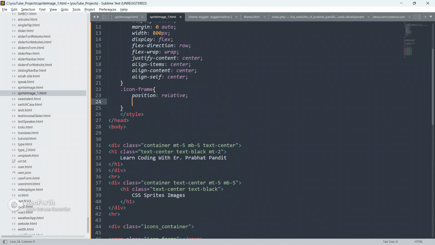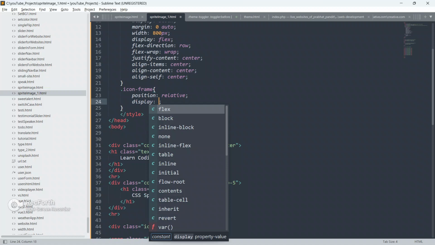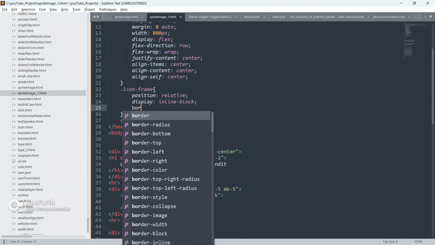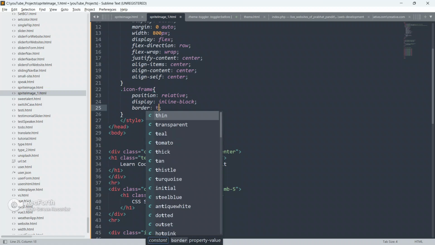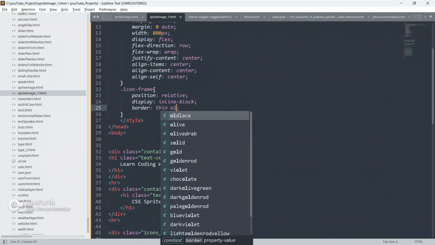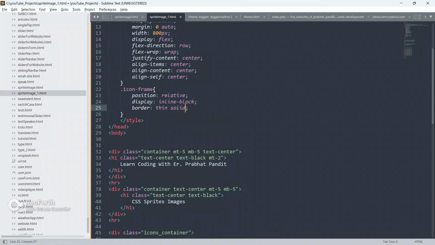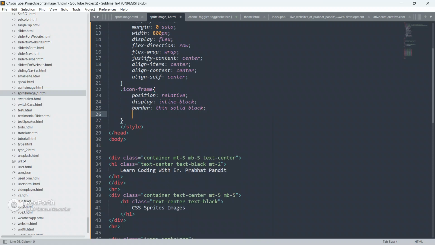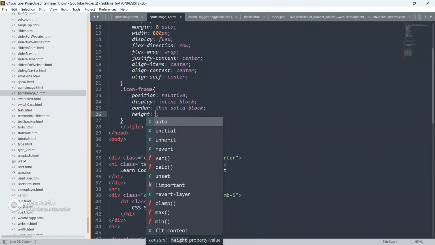Okay, so give position as relative, give display as inline block, give border as thin solid Gainsborough or give black.